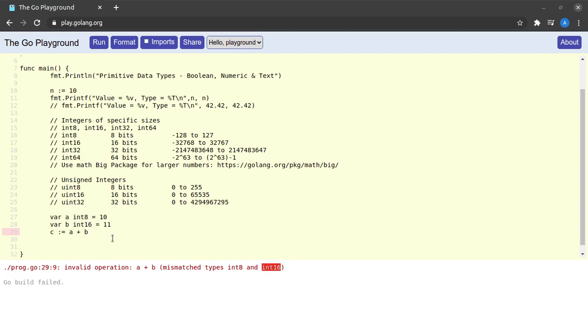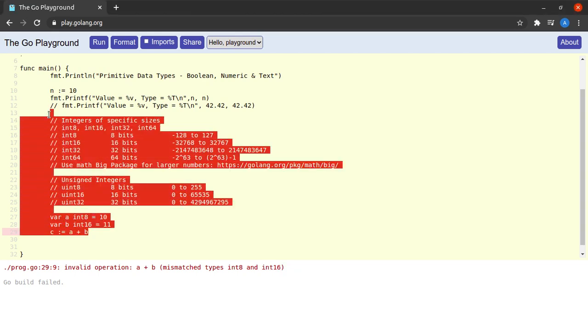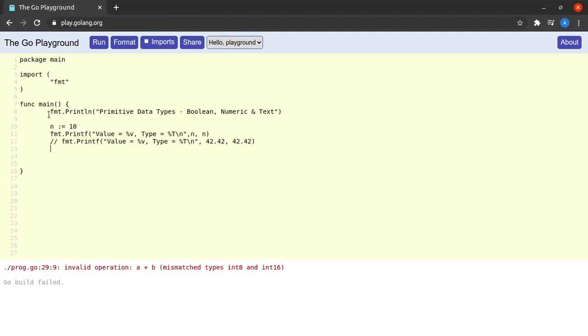Now, how do we go about solving this problem? I'll discuss it in the video on type conversion. It's also linked in the I button above. So I'll get rid of most of this code, and the next data type we will be discussing is the